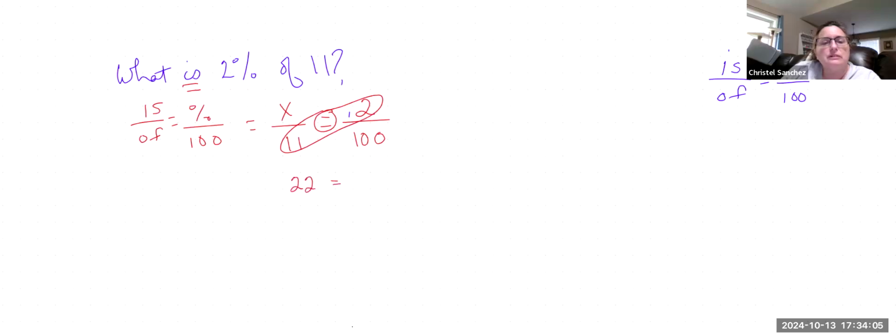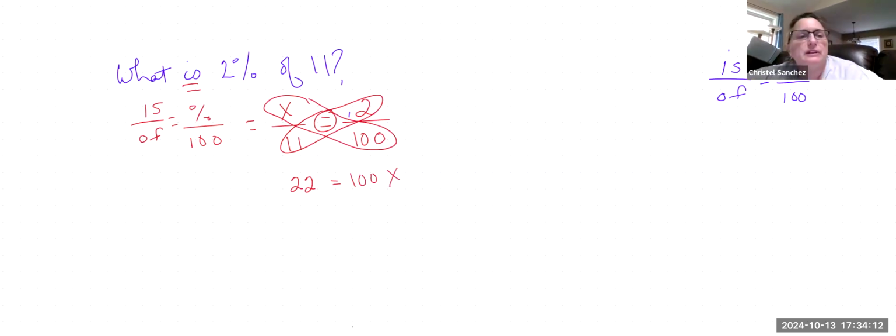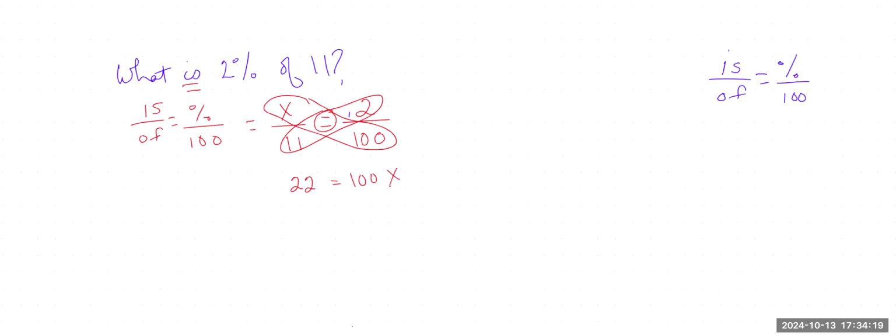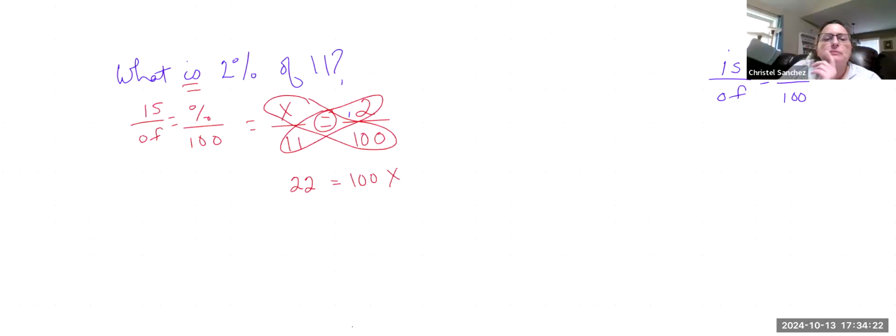And 100 times x is 100x. Now, remember earlier when we did ratio and proportions, how do I get that x by itself? Multiply. Not multiply, but remember we're going to divide each side by that 100. Okay, so now my 100s are going to cancel out. And then I'm going to divide 22 by 100, which is going to give me